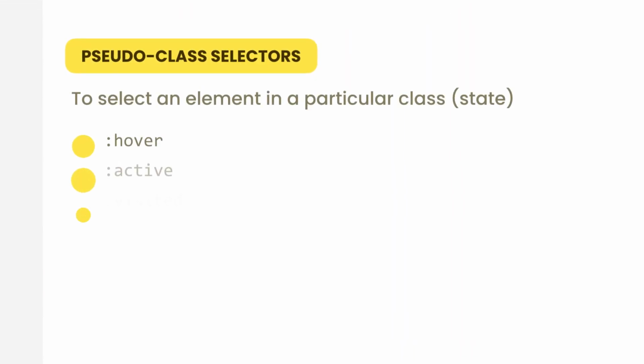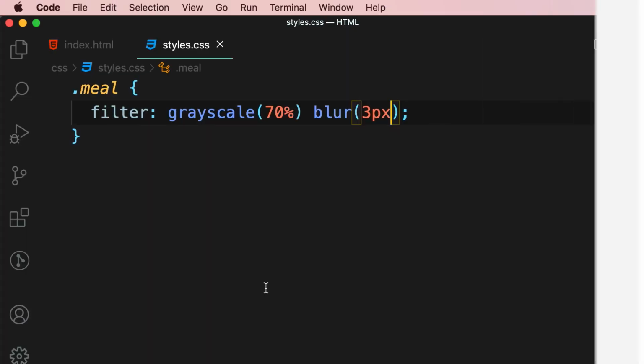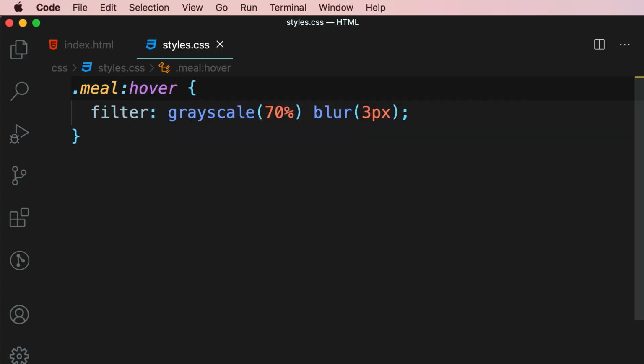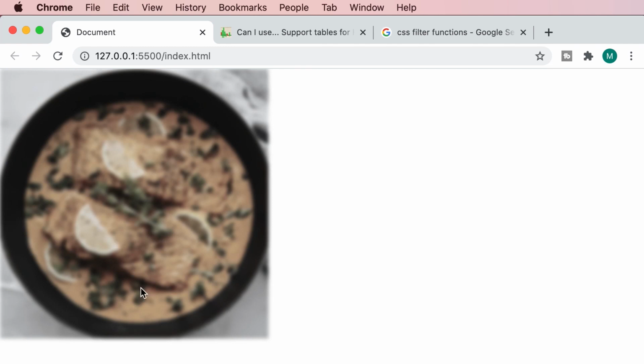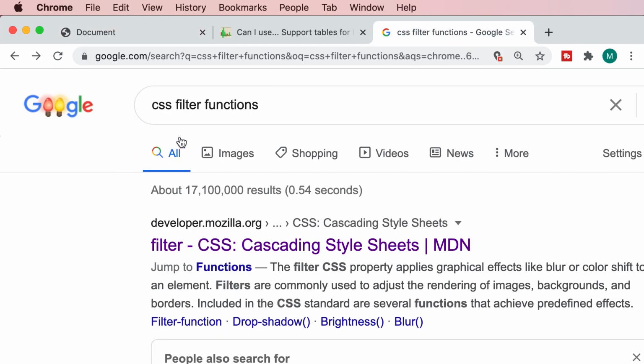Well, earlier we talked about pseudo-class selectors. With these pseudo-class selectors, we can select an element in a particular class or in a particular state. So here we can apply the hover pseudo-class selector. And now, when we hover over our image, the filters are applied. So that's very powerful. Now, to find the complete list of filters, just go to Google and search for CSS